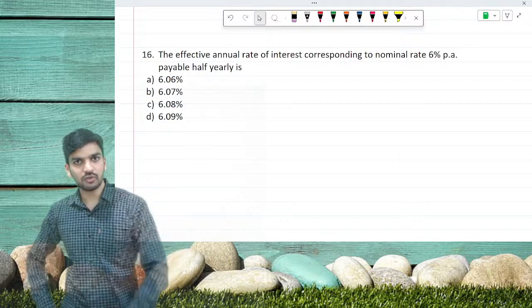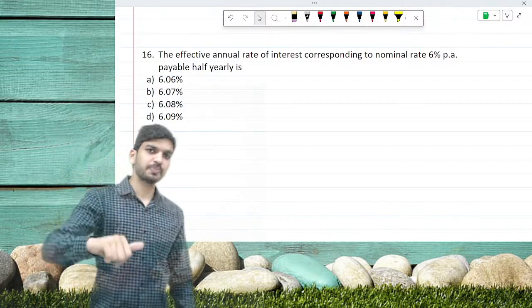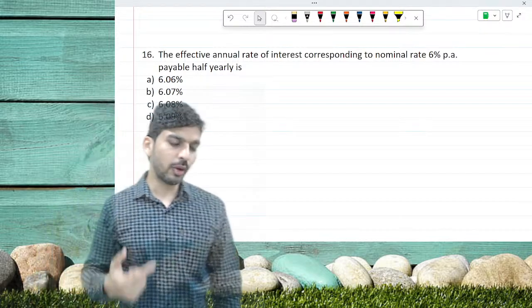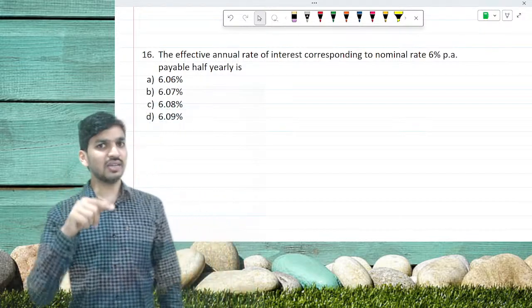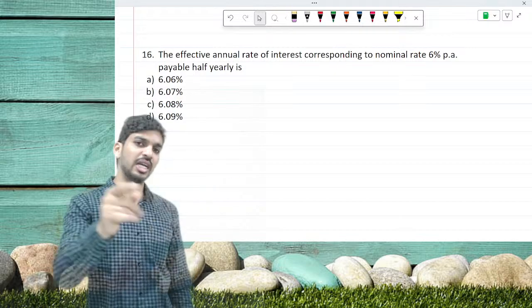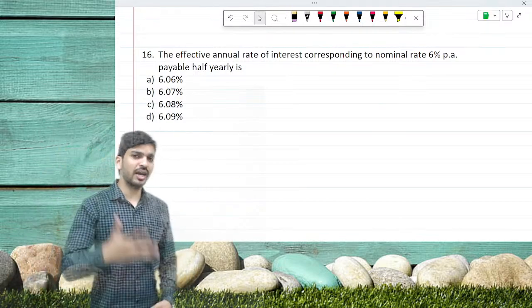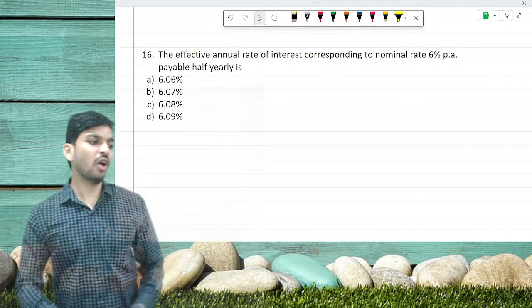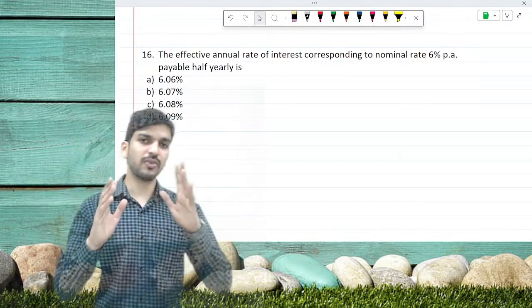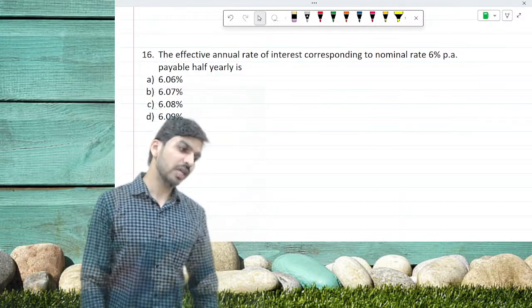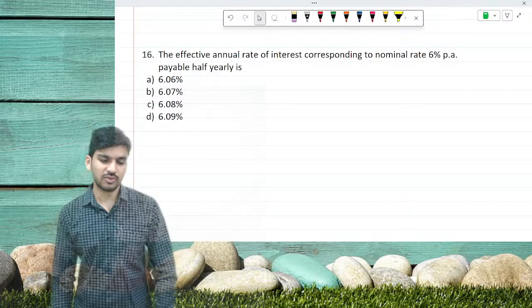Only 5 categories of questions: type 1, basic, annual compounding, semi-annual compounding, quarterly compounding; type 3, t is equal to 0.35 plus 69 divided by r; type 4, that is population type; and type 5, that is effective rate of interest. And that's it from the compound interest part. Yes, I enjoyed this time very much with you all.